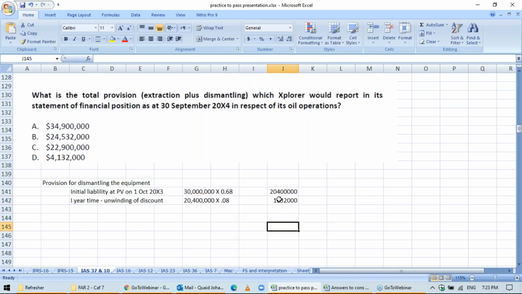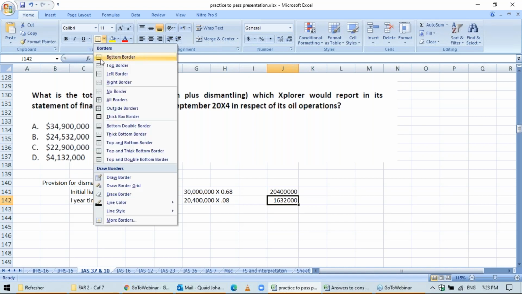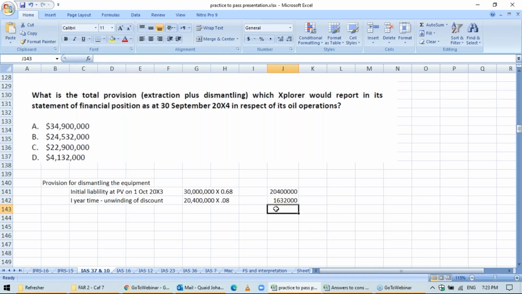This is added, and now the liability sums up to, so whenever you record a thing at present value, after passage of some time, you'll have to add interest to it, right? So now you add interest to it, 20.4 million plus 1.63. So this makes 22.03. This is the liability's value now. Balance on 30th September